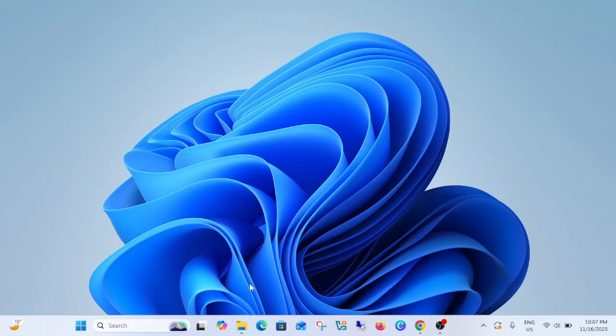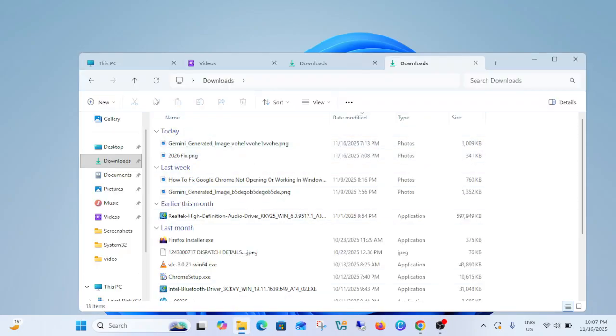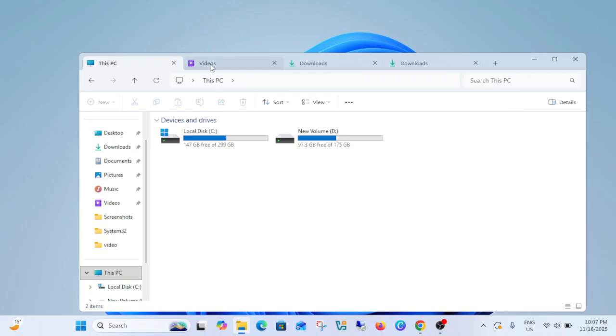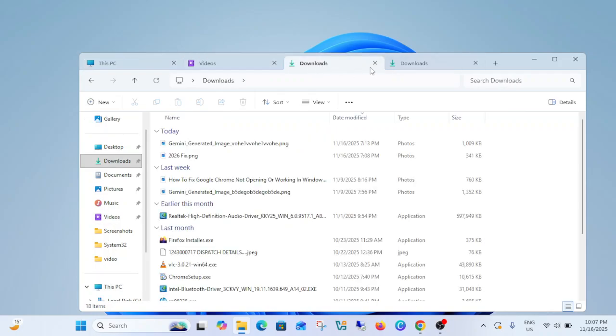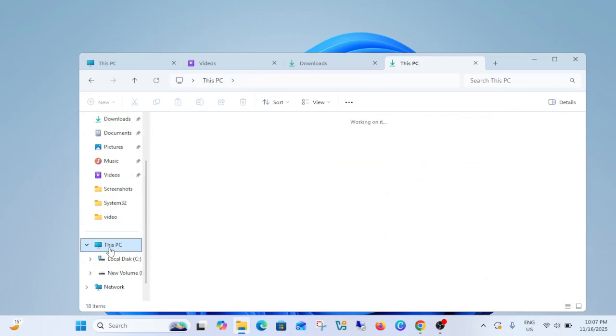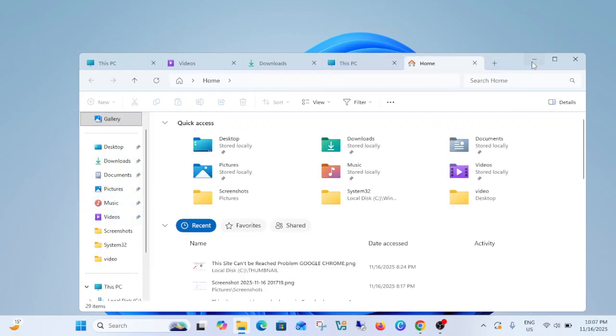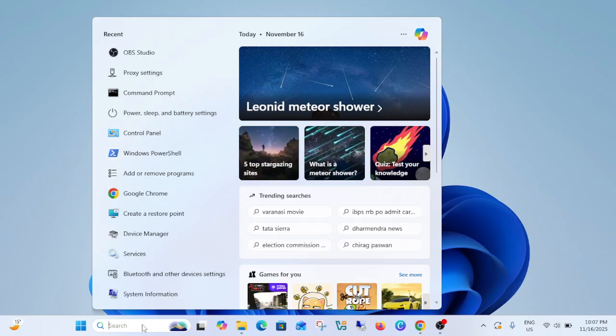In this video guys, I'm going to guide how to fix the issue. File Explorer tabs are not working on Windows 11 and you are not able to get these options on Windows 11. So first of all, you need to make sure that you are running the